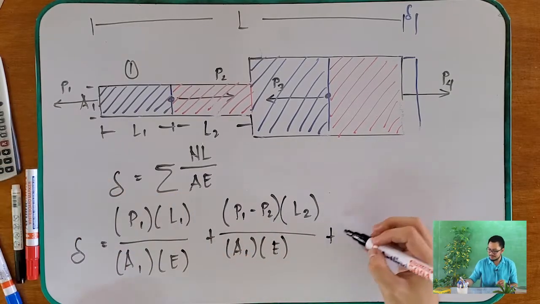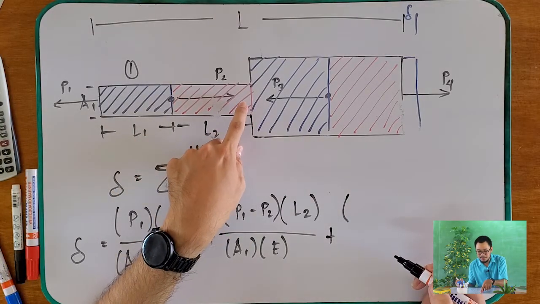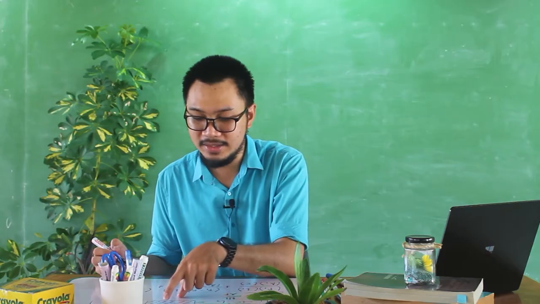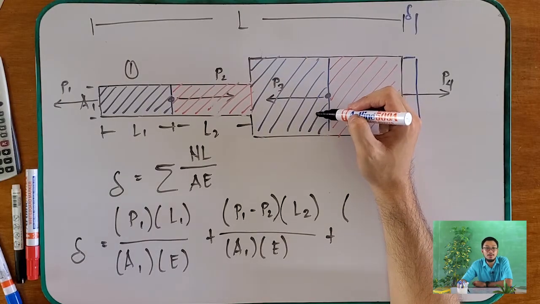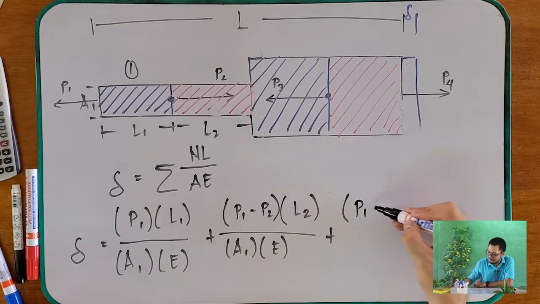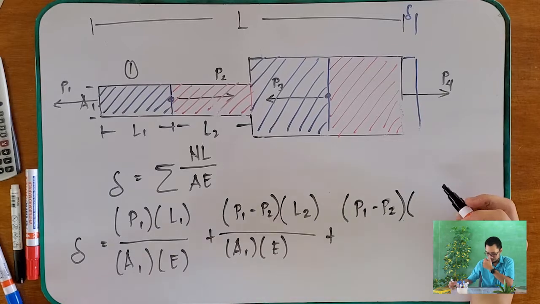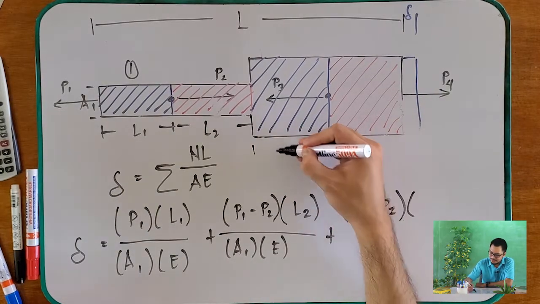Then plus, like before, this portion is P1 minus P2. When it reaches this portion, it has the same load, because P3 is not yet applied here, so it does not change yet. So this is still P1 minus P2. Okay? And this is your L3